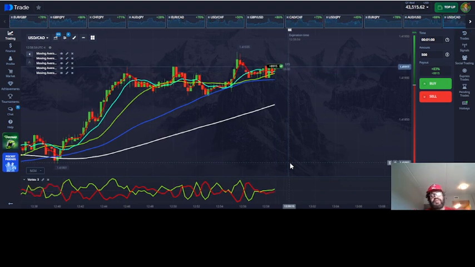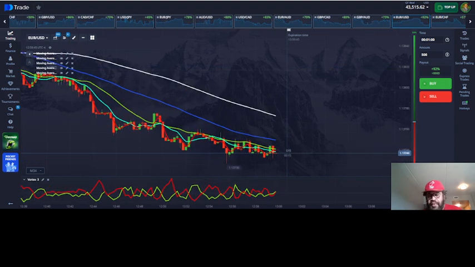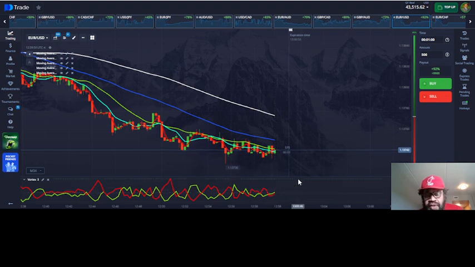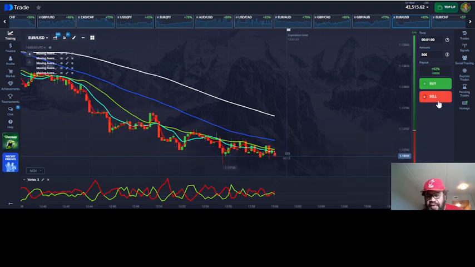Okay, so that trade was in the money. Let me pause the video and look for the next setup. Okay, so I'm watching this currency pair, the Euro US dollar. I'm waiting for the cross of the vortex lines. I'm waiting for the red vortex line to cross above the green vortex line here. Okay, so let's go ahead and